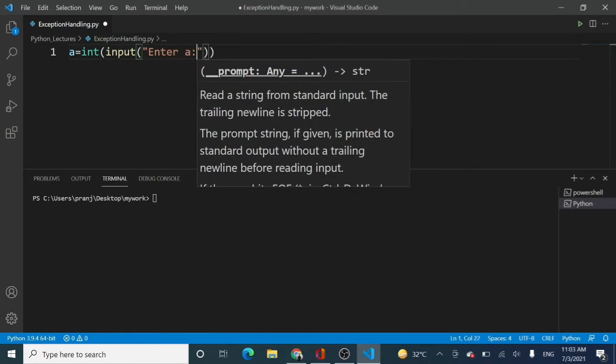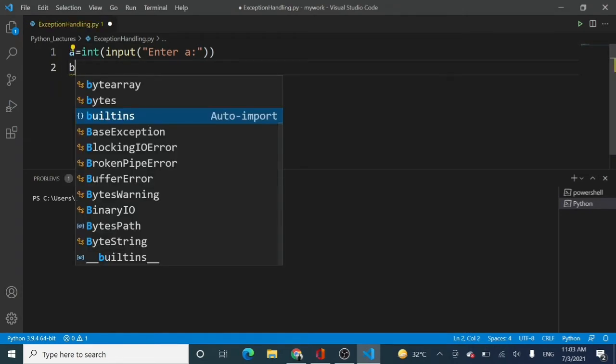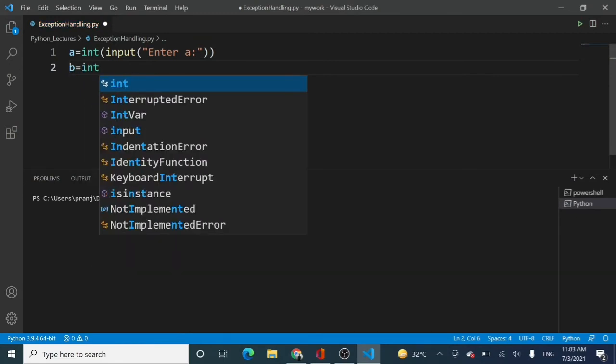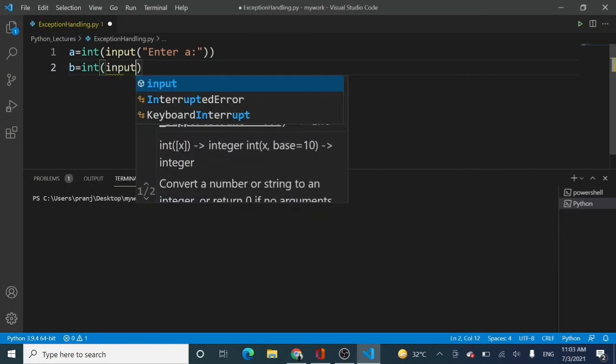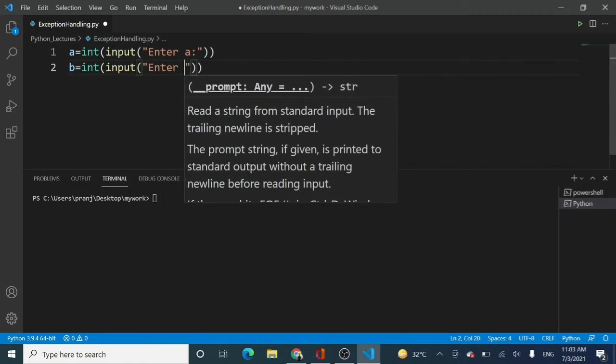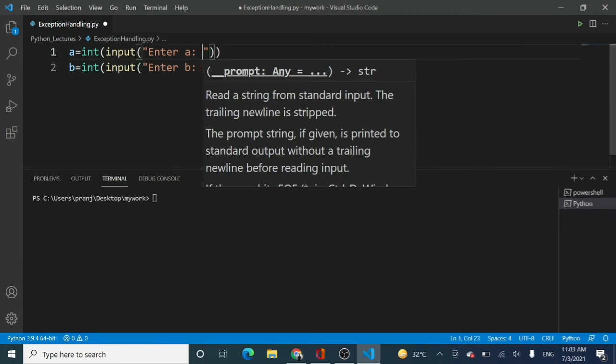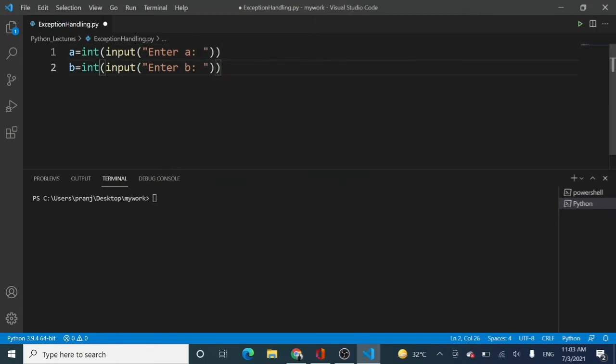It is expected that a user will enter an integer over here. Now I'm going to do the same thing with b, and I will ask the user to enter another number, and the prompt will say enter b. Now this is looking very fine.